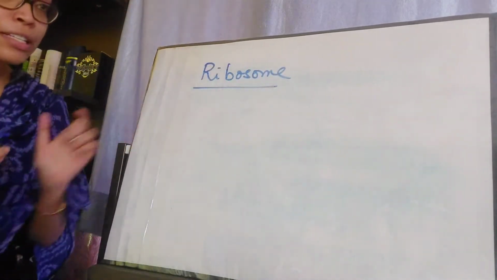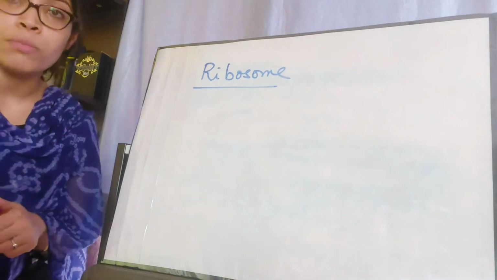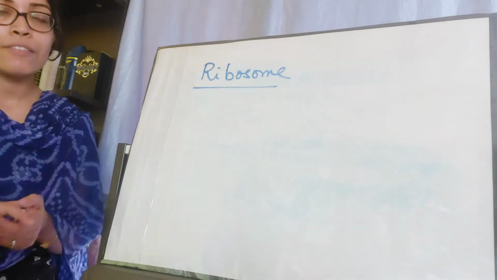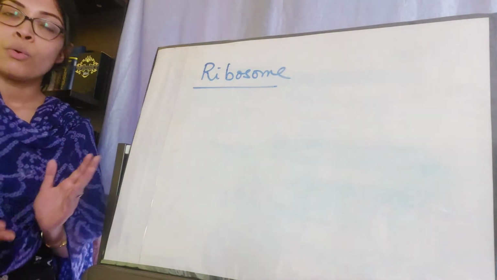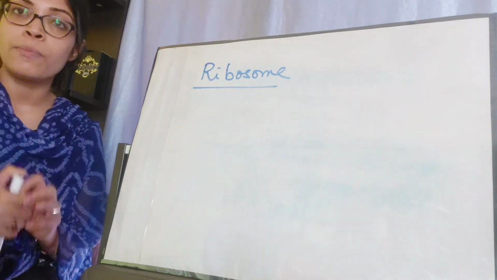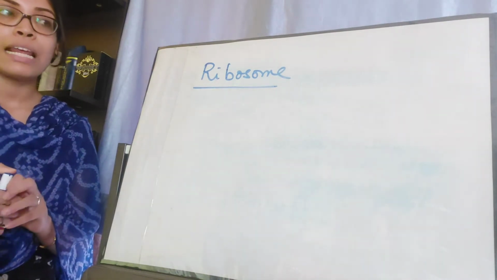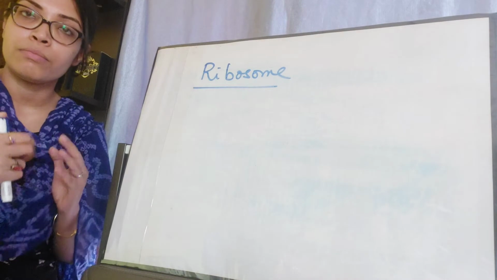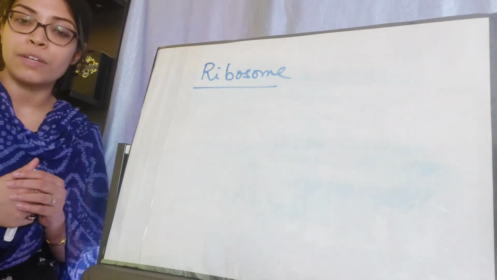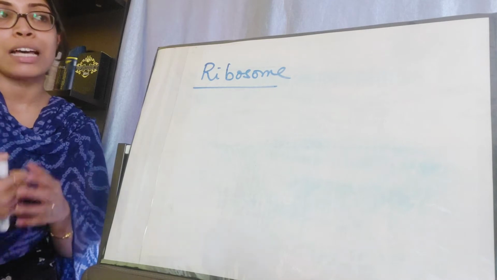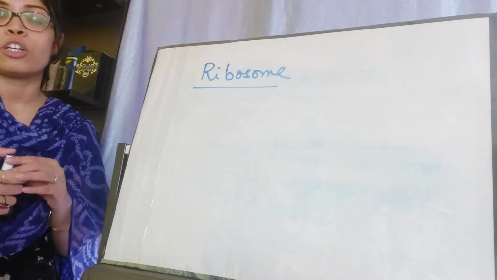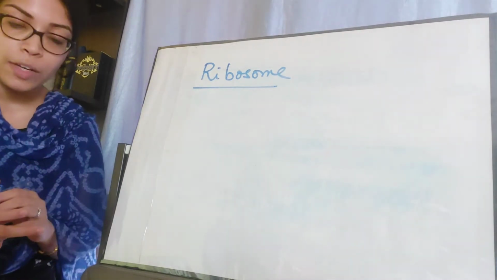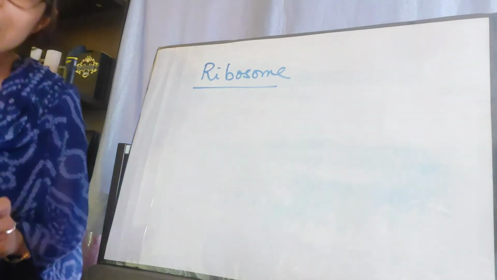So you have previously learned or even heard about ribosome. You learned about ribosome in class 9, but in class 11 you have learned about ribosome while discussing endoplasmic reticulum, especially rough endoplasmic reticulum, where I said that the ribosomes are present on the surface of the cisternae of the endoplasmic reticulum, which makes the surface rough, and thus those types of endoplasmic reticulum are known as RER, basically rough endoplasmic reticulum.